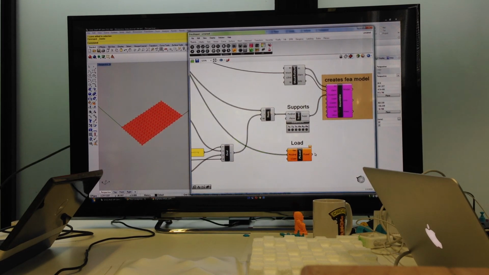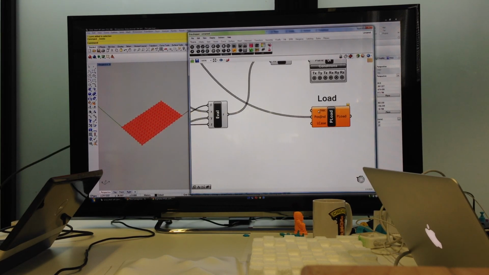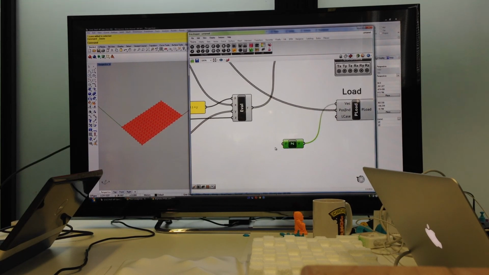Good. So now the load needs a direction and an amount. So that direction is going to be the Z. So I'm double clicking, I'm putting in Z. That's going to go into the vector. But we need an amount to control this, so a small amount. So I'm going to double click and I'm going to put in 0.8. I'm also going to double click